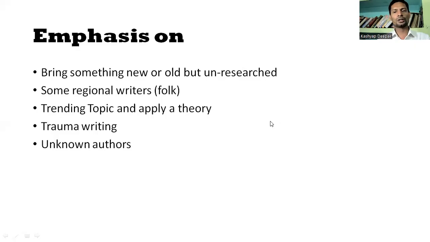These make us more important. Or even you can go with trauma writing or a trending topic, like ecofeminism, which is a trending topic in today's time. If you go with such a topic, then it would be wonderful, and you can apply a theory to it. For example, ecofeminism is a theory, eco-Marxism, eco-criticism is also a theory, postmodern, postcolonial, these are some theories, and this can be applied. Even feminism, post-feminism, post-humanism, these are some important things.